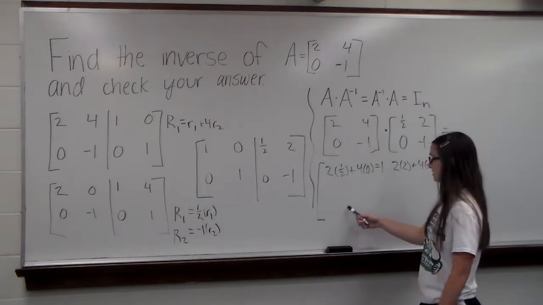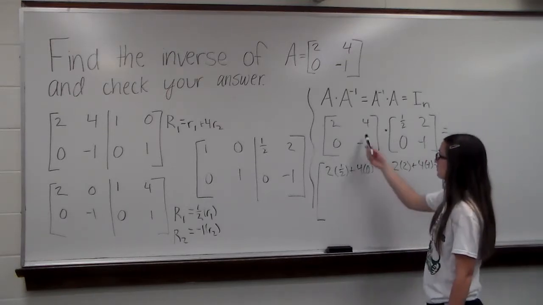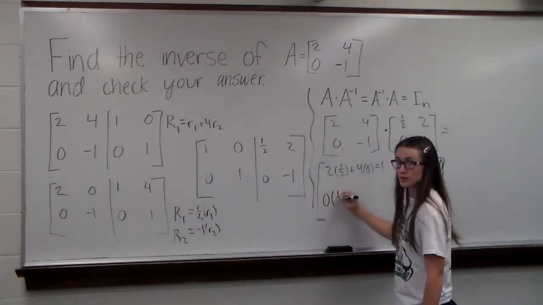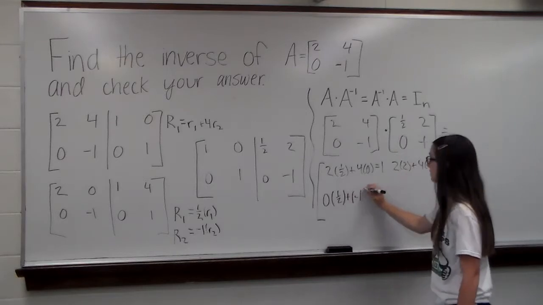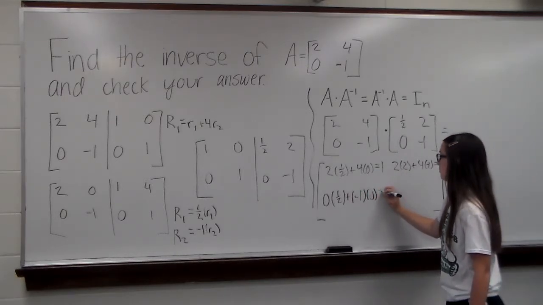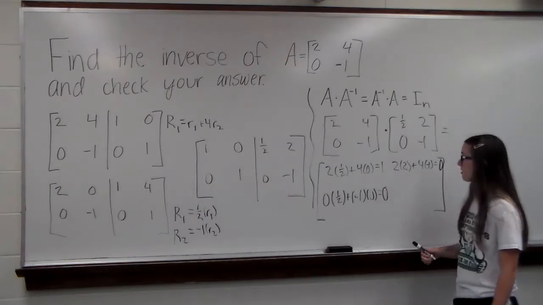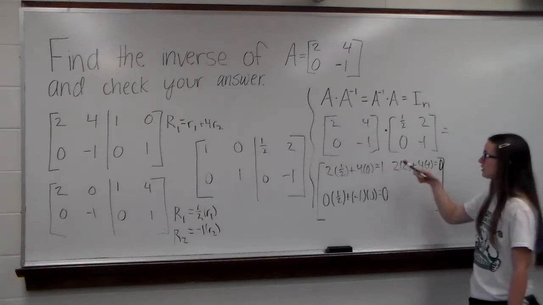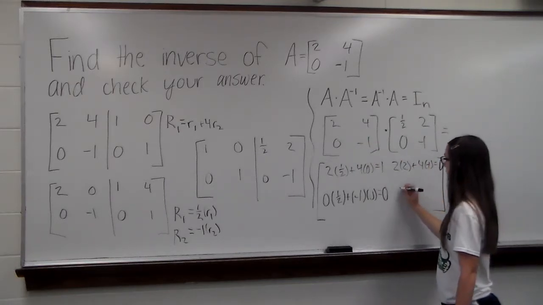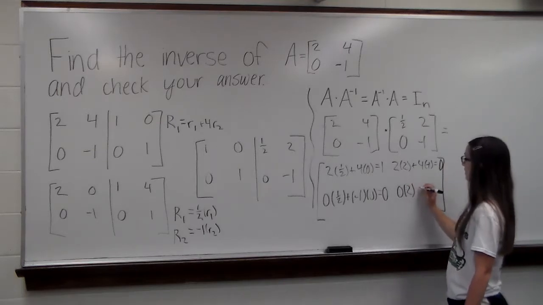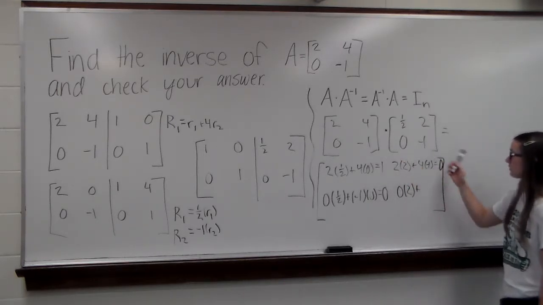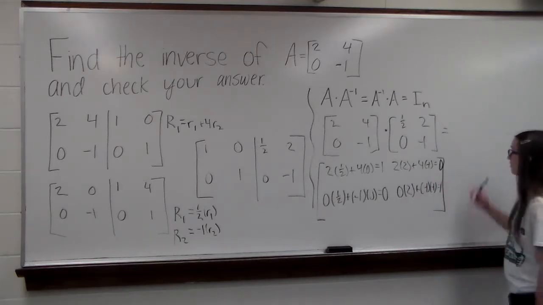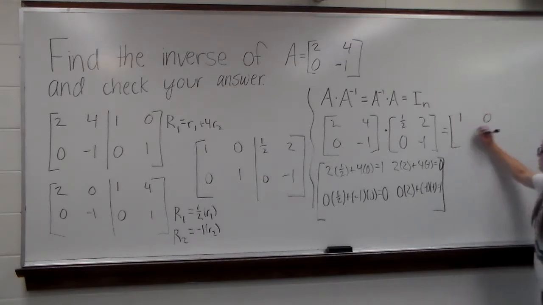So then for this next entry down here, we would do the same thing. So we match up the row with the column over here. And we have 0 times 1/2 plus negative 1 times 0, which gives us 0. And then for this entry right here, we do the same thing. We would use this row here and this column here. And so that gives us 0 times 2 plus negative 1 times 1, which gives us 1. So our final answer is 1, 0, 0, 1,